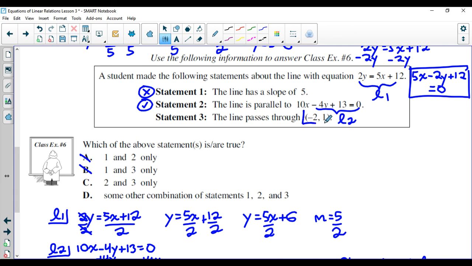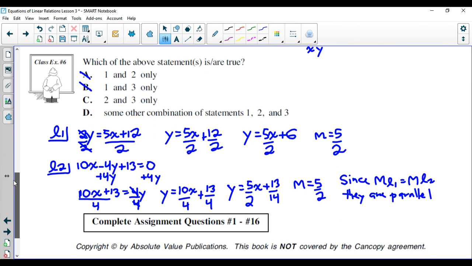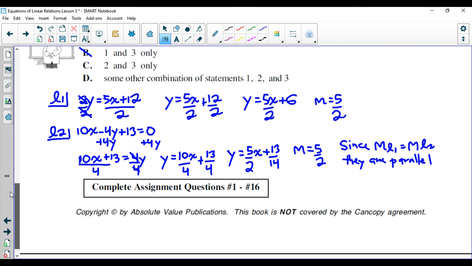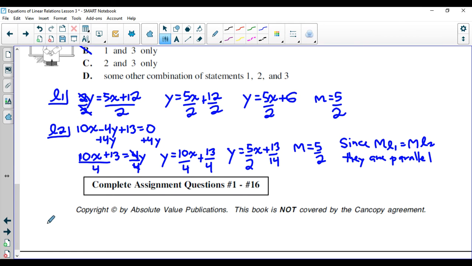Now, statement 3, this is a little bit different. It says the line passes through the point -2, 1. Okay, so again, in ordered pairs it's always x and then y. Now, here's how I'm going to do this. First of all, I'm going to take my line, for line 1. Let's write down the equation in the y-intercept form. So we have y equal to, slope-intercept form, 5 over 2x